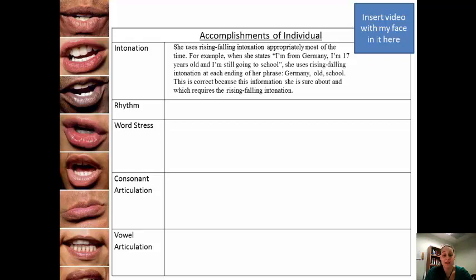So it might look something like this. She uses a stress-timed rhythm where she correctly stresses content words and does not add stress to functional words. For example, she states, and this would be where you would say,